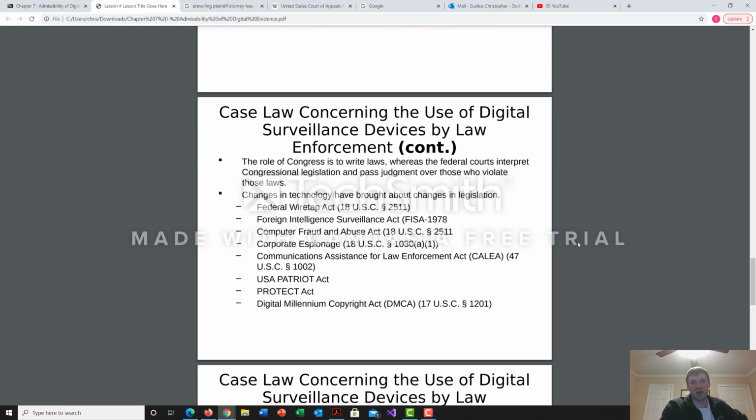Oftentimes the statutes written by Congress are vague, and it's left to the courts to interpret those statutes. What we end up with is these court rulings that become law through legal precedent, and legal precedents hold more weight when they involve cases with very similar fact patterns. They also hold more weight when they are within your own jurisdiction, or